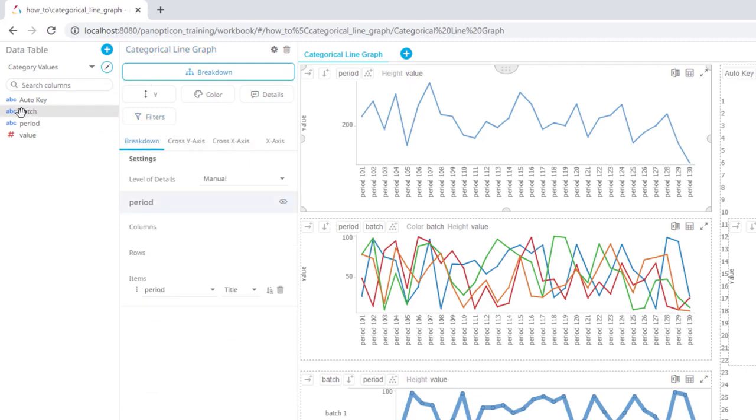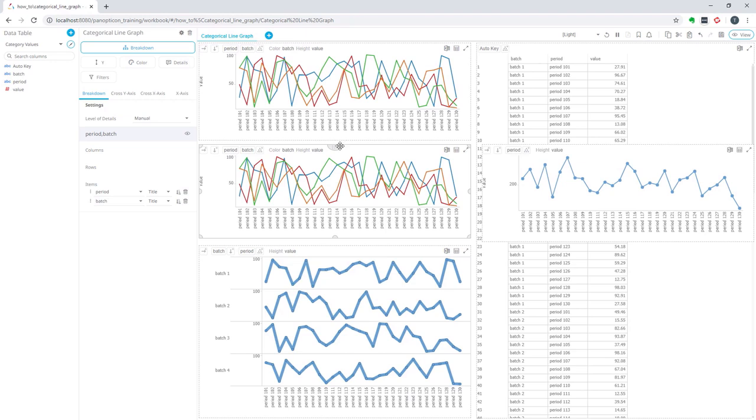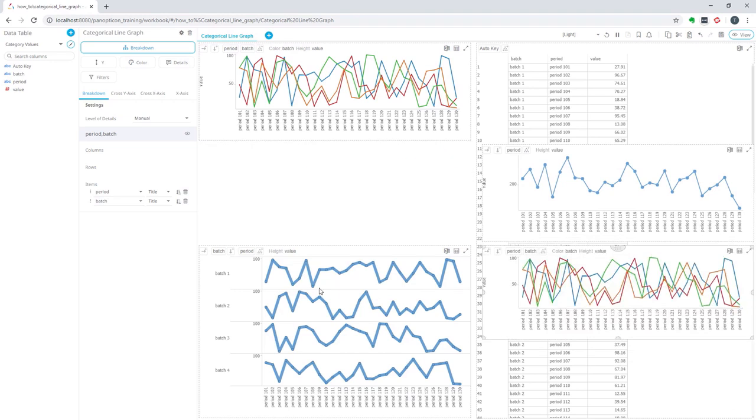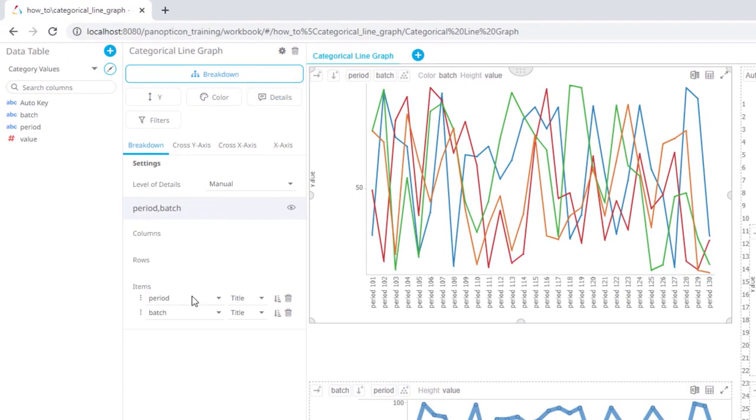I put batch into the list of items under breakdown. And I also use batch for coloring. The next thing we want to do is recreate this chart below. So I'm continuing with the one we have up here, and going to breakdown, I remove batch from the items,